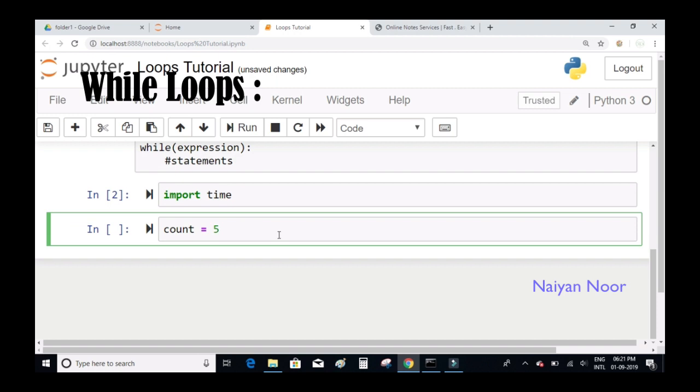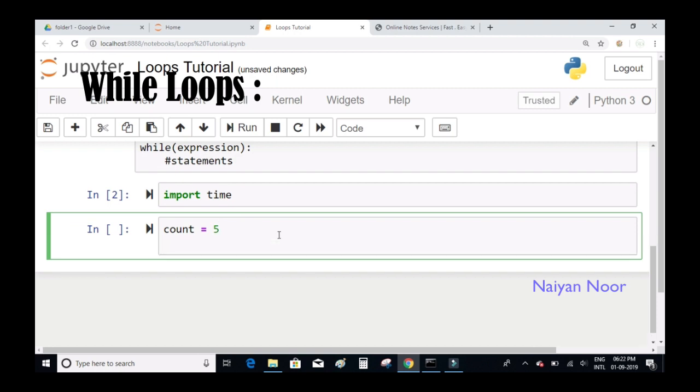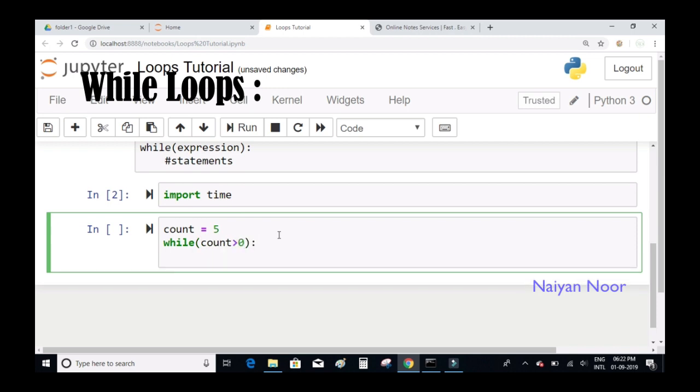We're going to count the numbers 5, 4, 3, 2 and 1. So we're going to do this using the while loop. When the number reaches 0, we have to stop the counter. So while the count is greater than 0, we have to keep counting, and once it is 0, it has to stop the execution or come out of the while loop. So while count is greater than 0, we'll simply print count,